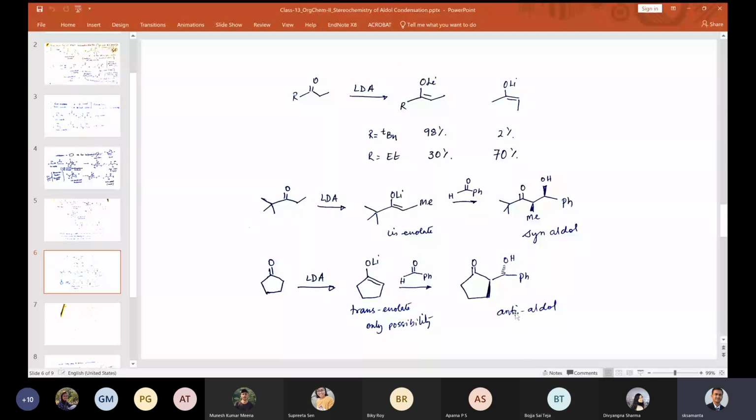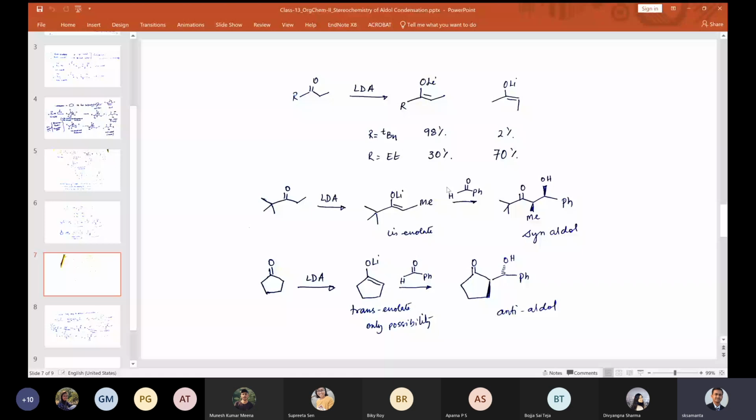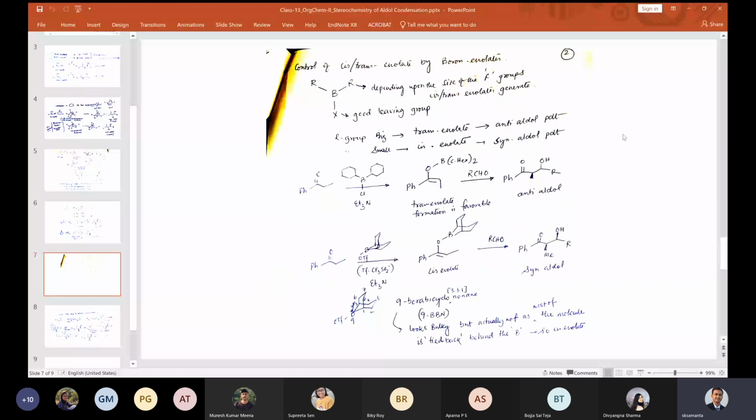Then we said that maybe there is some compound where you have a bulky group, so that decides which enolate would be the major product, but there could be some other compound where you do not have any deciding factor. Then what to do in those compounds? What would be the major product? How do you impose a product contribution that you desire? In those cases, we take the help of substituents or some other reagents, which help this molecule to be forced into a particular organization, a particular arrangement.